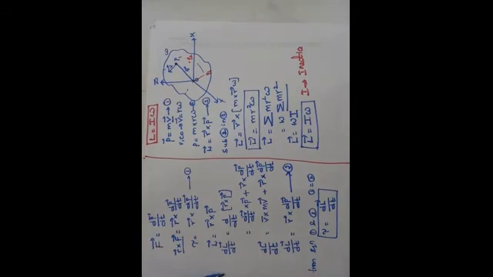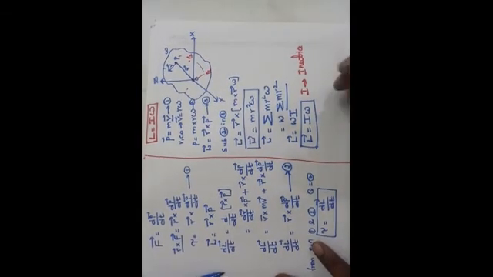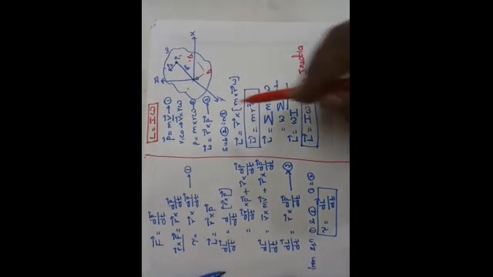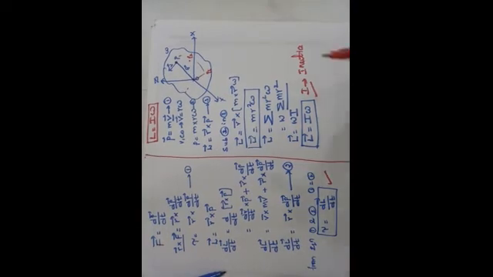Thus the angular momentum of a rigid body about an axis is the product of the moment of inertia and the angular velocity of the body about that axis. So L bar is equal to I omega. In this way we derive this equation, L is equal to I omega. And tau is equal to dL bar by dt. We got two important relations.